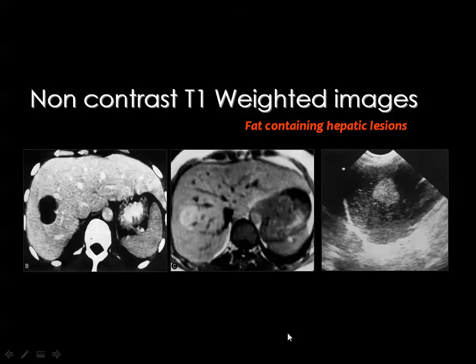Then in cases you see a focal lesion on the CT scan in the liver, and you are suspecting that this lesion contains fat, meaning that it is a lipoma or angiomyolipoma, for example, and you want to be sure that this lesion contains fat. One of the ways is to have the ultrasound, which is relatively sensitive for detection of fat, and you can see the echogenicity of fat. And in MRI the fat in the T1 weighted image will be of bright signal, and if you have a fat suppressed sequence, this signal will be suppressed as well,